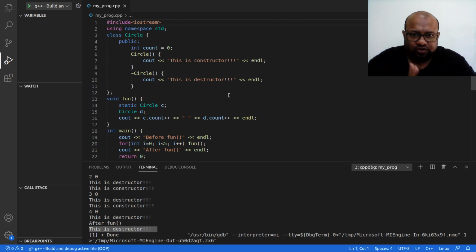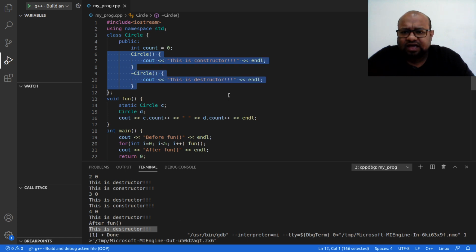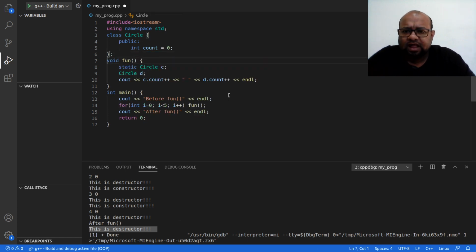So up to this point we have seen a static primitive data type inside a function, and we have seen a static class object inside a function. Let us look at more static features, the use of this static keyword in the context of object oriented programming. Let us look at more examples, but for that I will not be needing all these things.